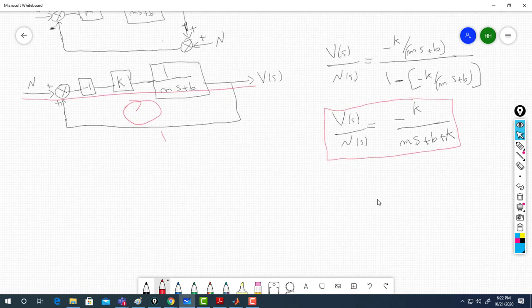Let me take s equal to 0. Just simply, don't complicate things. Just take k as a very high value. So if k is a very high value, then